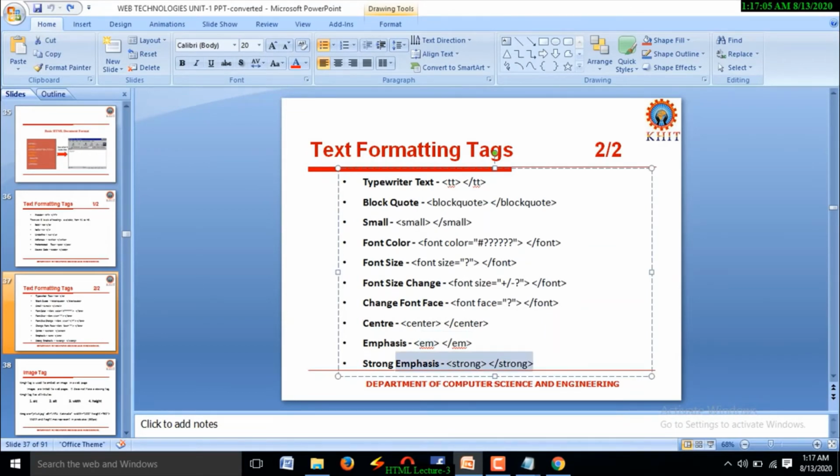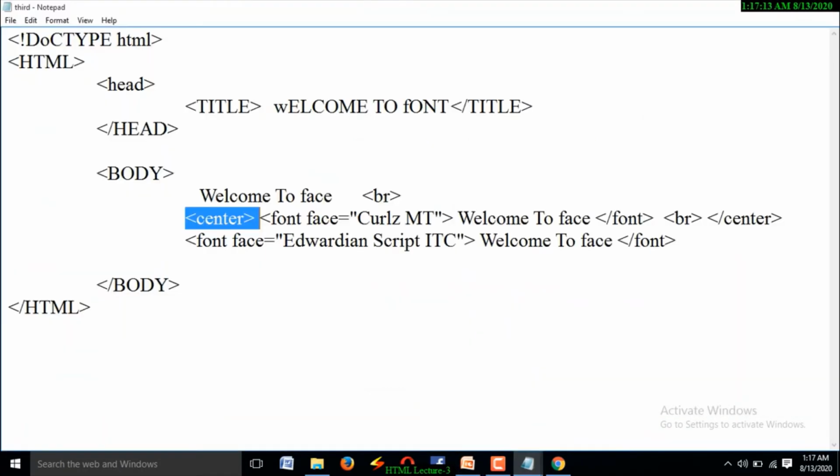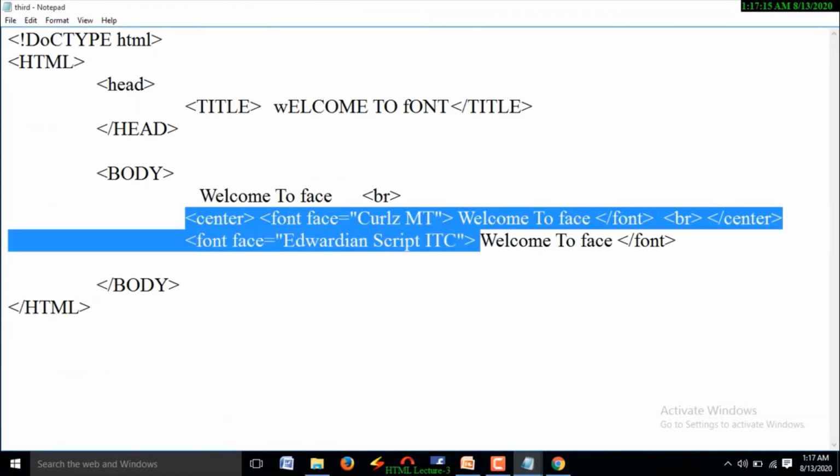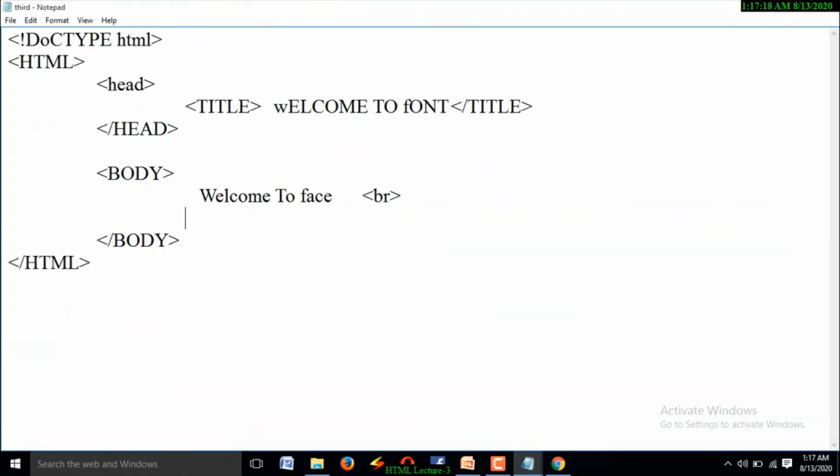And the next one is the strong tag. Strong tag is very similar to the bold tag. Observe the difference. See, I am going to show the italic tag first. I. This is normal text, and the second one is italic text. This is the closing of italic text, and a break row is applied.